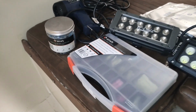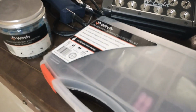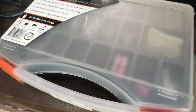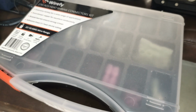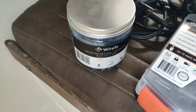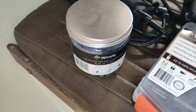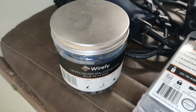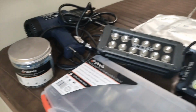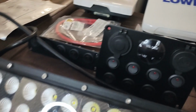And I have also bought the Wirify heat shrink connector kit. That has 270 pieces, so hopefully this is enough. And then for any other kind of wires that need to be connected, I have bought the Wirify solder seal connector. And then everything will be